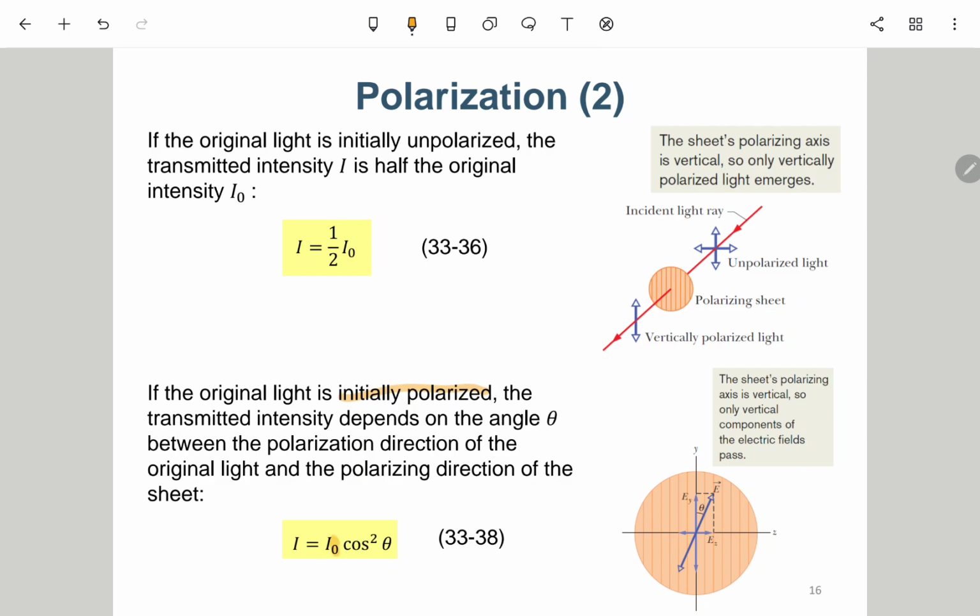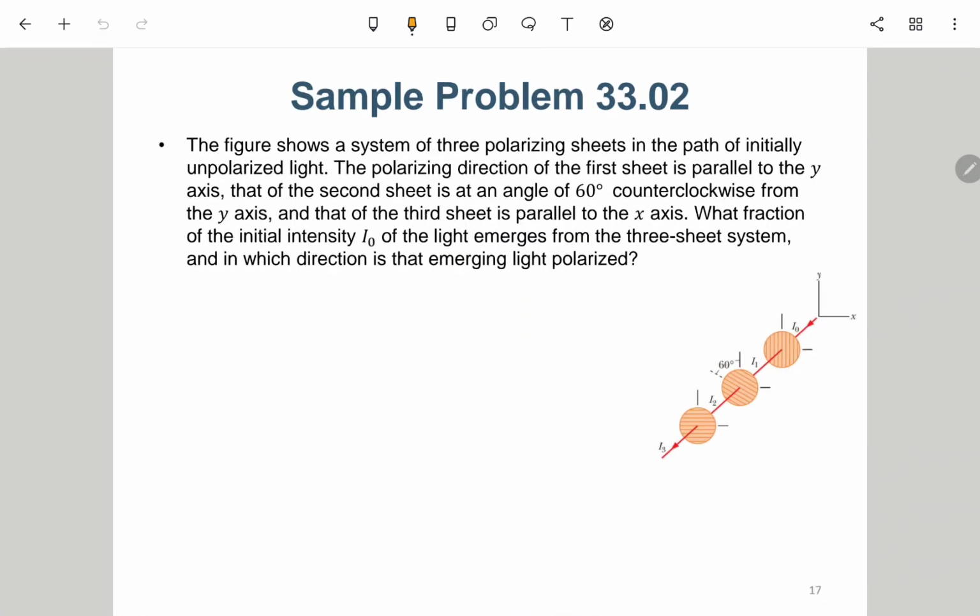This I0 is the original light, but it is already polarized. 但这个 I0 跟前面那个 I0 不同，前面进来的是没有极化，输出经过之后就会变成一半。这个是原来就有极化的，那这个 polarizing filter 跟它原来极化的方向有一个角度 theta，那输出的 intensity 就是原来的 intensity 乘以 cosine 平方 theta。因为它有 E 跟 B，所以有两个 cosine；而且它算 intensity 的话是有 E 平方，所以这里会有一个 cosine 平方。